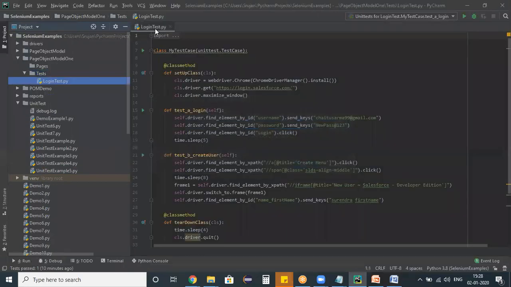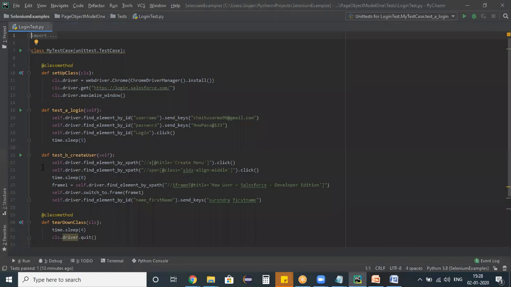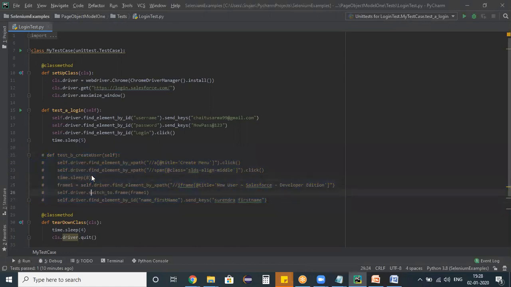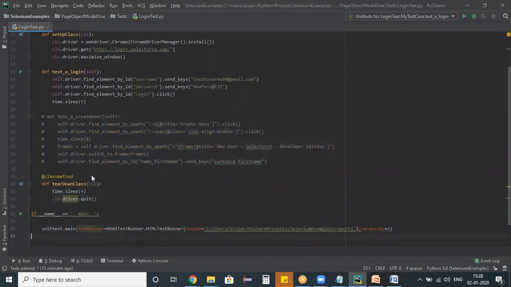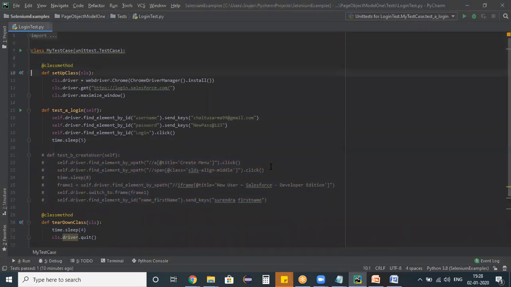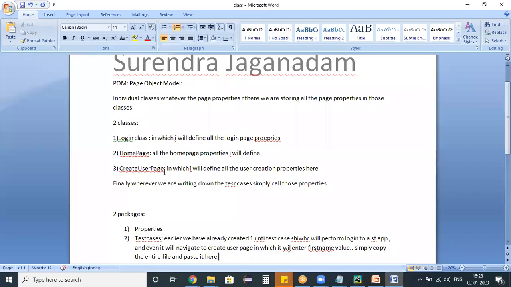Okay, in this test, for now, I just want to focus only on the login functionality. Hence, I'm commenting out the test script related to create user. Whatever the test is there related to create user, I just commented that. Okay, that's fine. So here, the ultimate objective of this page object model is we need to identify the page